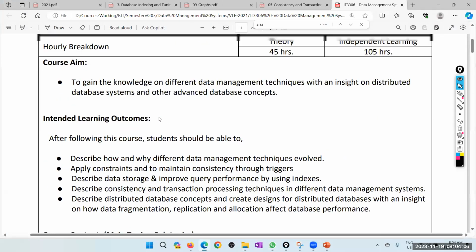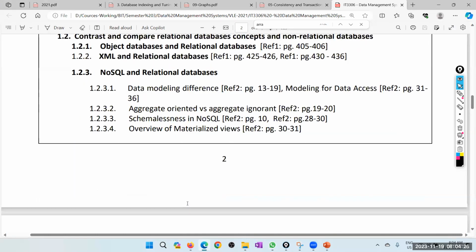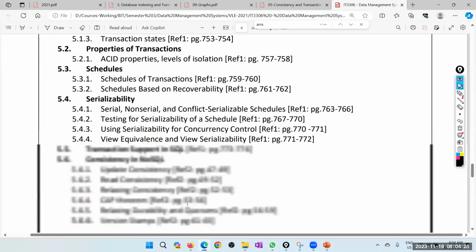Right. So now we are moving to consistency and transaction processing concepts. You can see that it is the biggest when it comes to time, at 12 hours compared to the others. This is the other big topic we have been doing, but distributed database is the smallest, right? So let's look at the content of